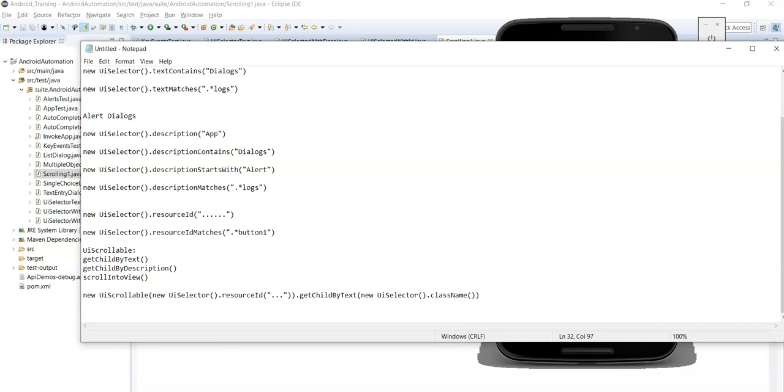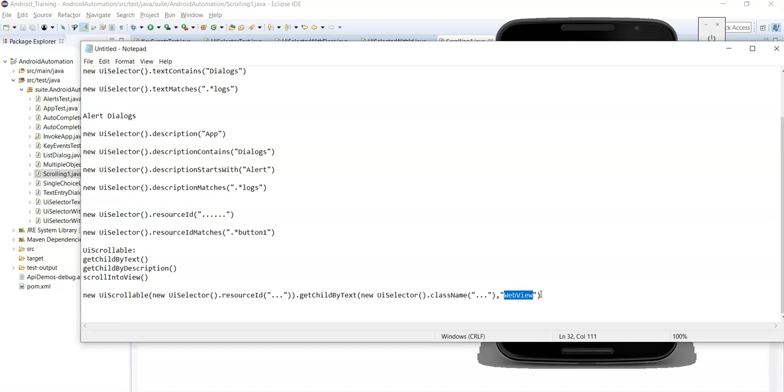Now the second parameter is the actual text attribute value. Let's say the text attribute value is web view, you can pass web view here. In this way you need to pass three parameters for UI scrollable class to perform the scroll action until visibility of the specified element.